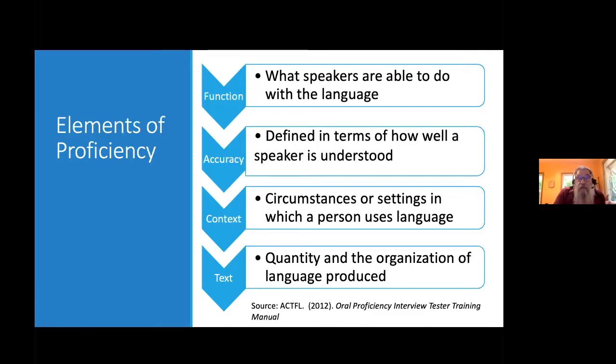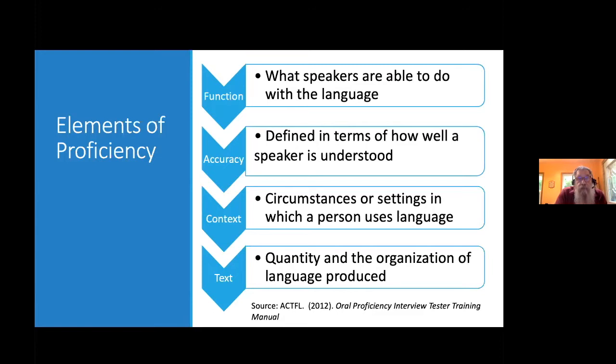A novice speaker, for example, is often misunderstood and understood by people who are used to dealing with language learners primarily, whereas an intermediate speaker will be understood by someone used to what we call a sympathetic interlocutor, someone who's used to dealing with non-native speakers of the language. Whereas an advanced and superior will be understood by all native speakers of the language and will have full control